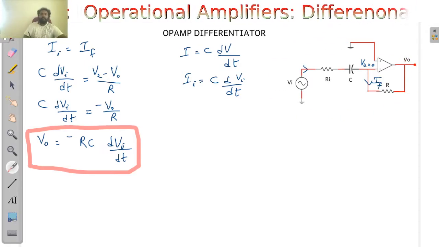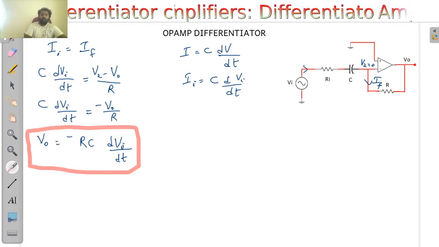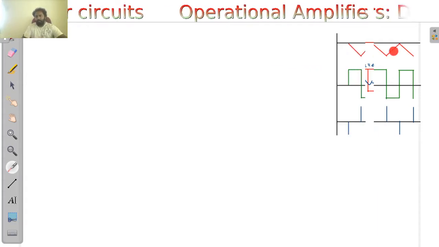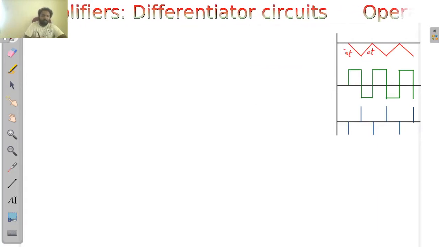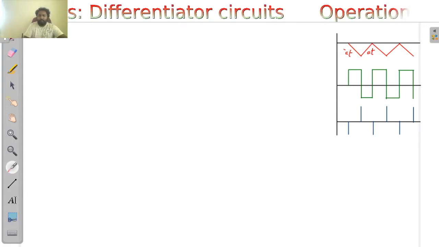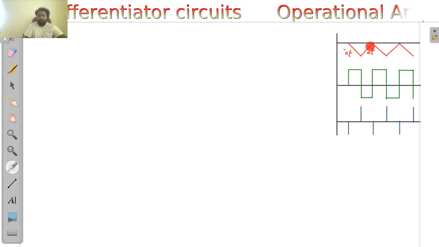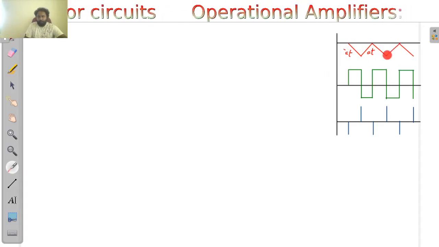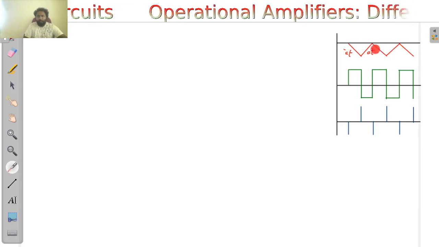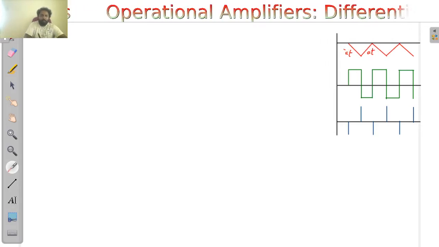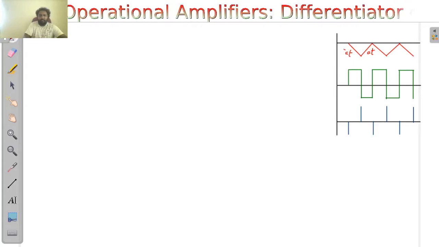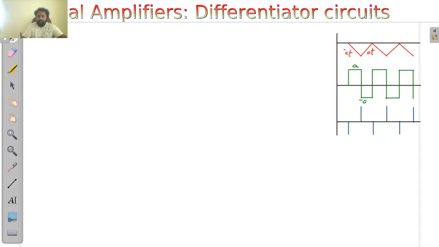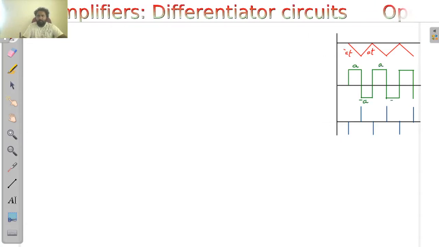So when you are applying this operational amplifier with a signal like a triangular wave, this is minus At, and the equation for this portion is plus At, followed by minus At, then followed by plus At, like that. So it goes on like that. So when you differentiate the signal, then what you will be getting is a signal like this. This is plus A, this is minus A, this is plus A, this is minus A.